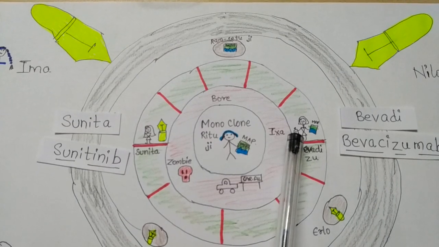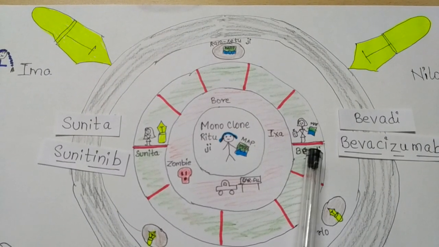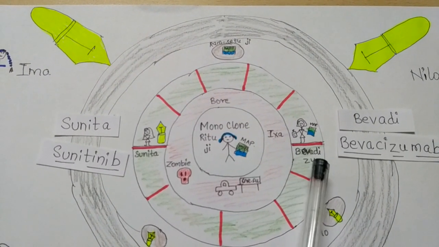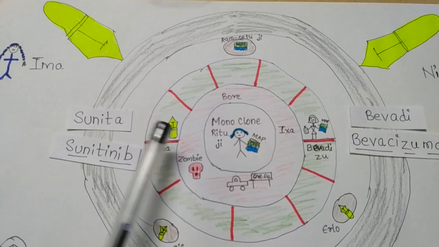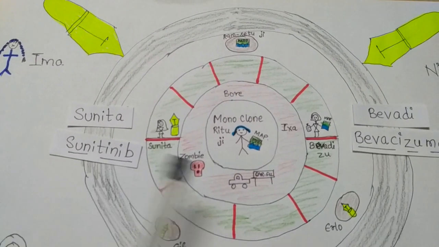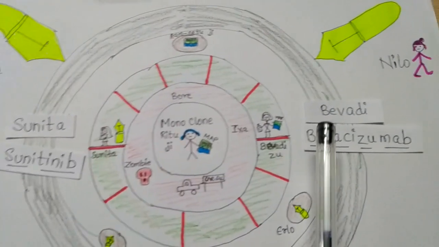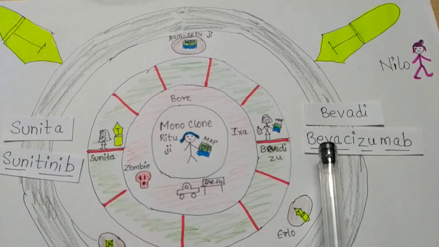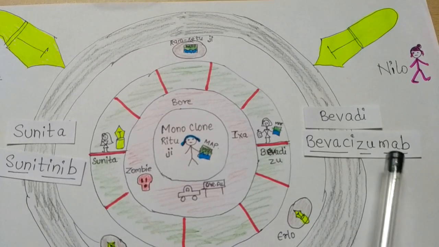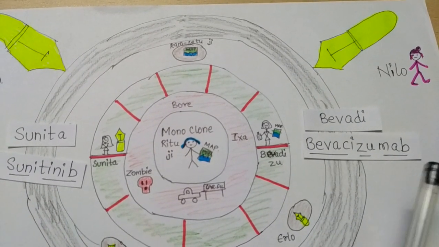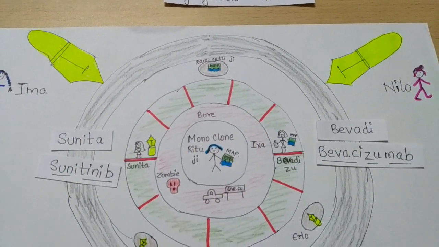Can you see? Bevdi means an alcoholic with a bottle of alcohol and a map in her hand. And she is talking in Gujarati, Bevdi Zoom. So Sunita with a T nib will give us the drug Sunitinib, and this Bevdi girl, Bevdi Zoo with a map, will give us the drug Beva, Bevdi, Bevasi, and Zoo map will give us MAB. So Bevacizumab. So these are the drugs under angiogenesis inhibitors.